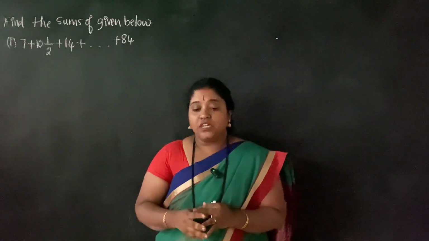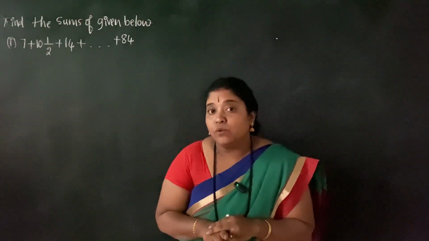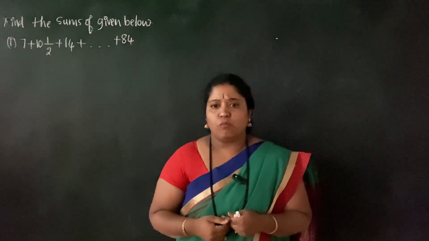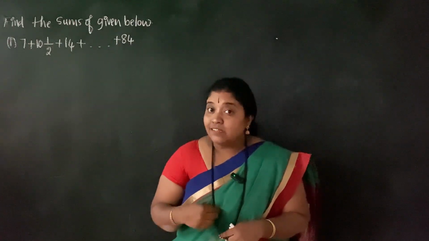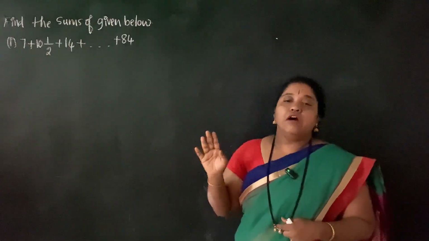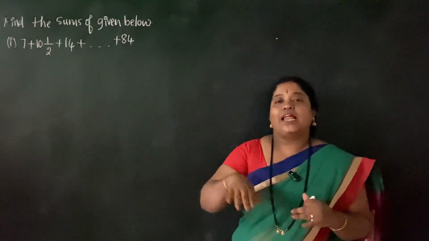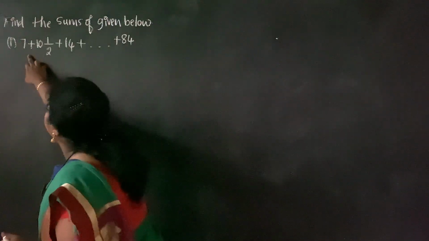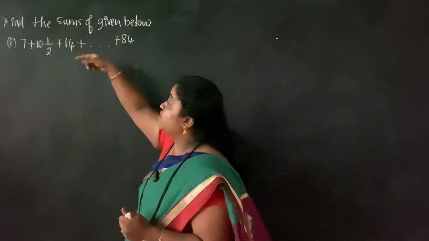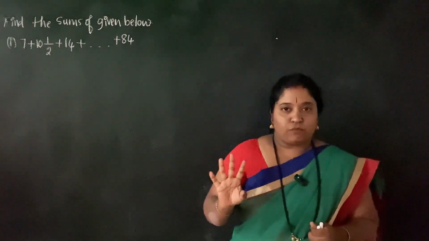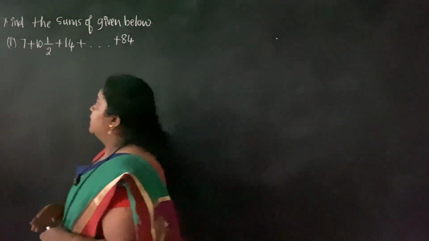But the question is, do you know the n value? Either you use the first formula or you use the second formula. What is necessary? The n value is necessary. But now in this case n is not provided. First thing is we should calculate the n value, and later, since the first term and the last term are provided, we can directly use the second formula. Okay, now let me start with the sum here.